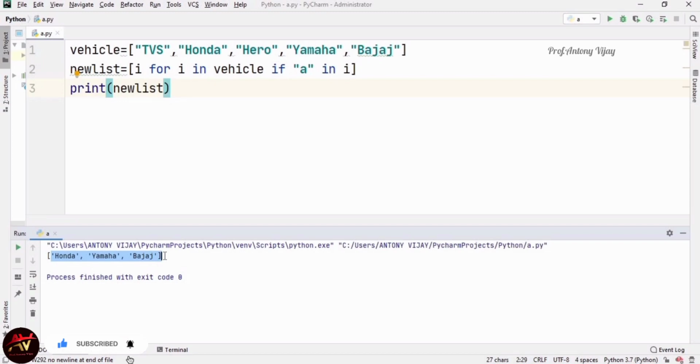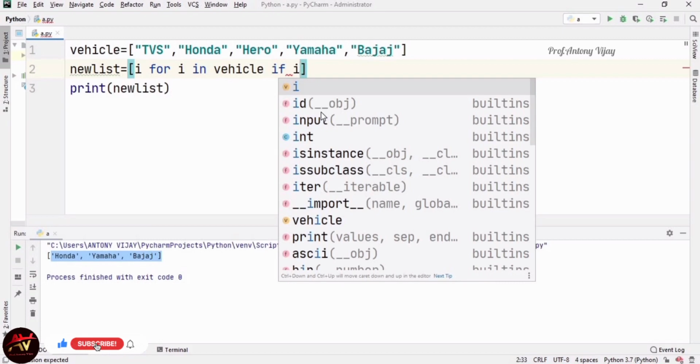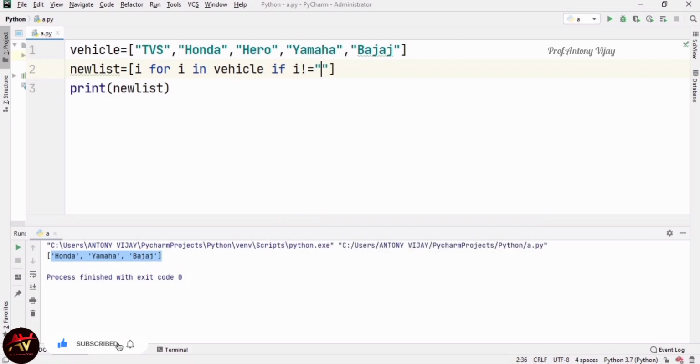Now I am going to do some small changes in it. Same thing only, but in this if statement I am going to do one thing. If I don't want to print Honda, it means I want to print all other elements other than Honda. For that I am using if i not equal to Honda, that's all.